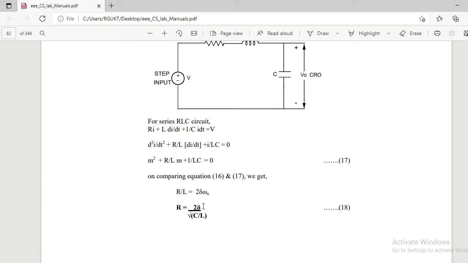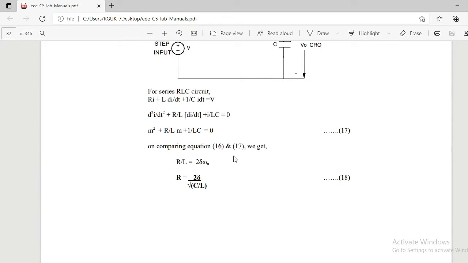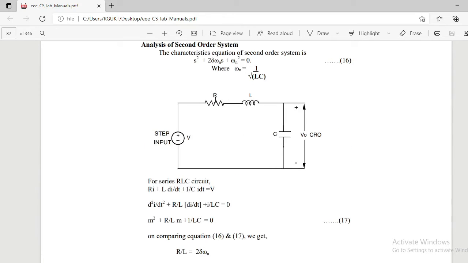Already I have displayed that on the panel of your kit, right? So C and L will be fixed. Then substitute here, and you get the R value. Now with the help of the decade resistance box in the RLC series circuit, you set R to whatever value you got. So set the R value to the reference value coming from this equation, when R is the calculated value and inductor and capacitor are fixed values. When you apply the step input, the output you get from the second order system should be an underdamped system. That we need to observe on the CRO.